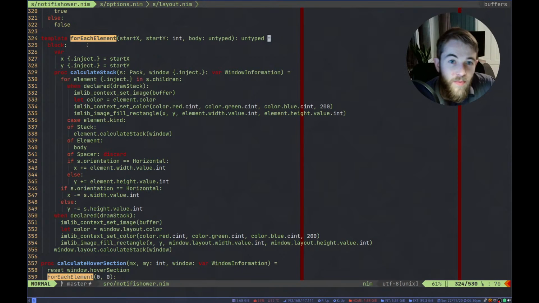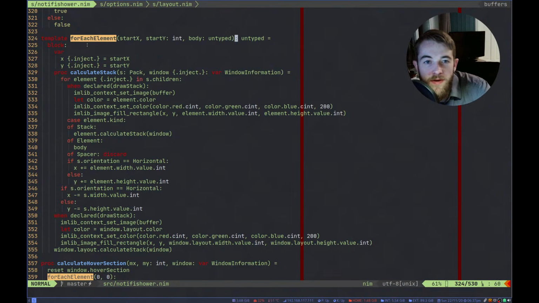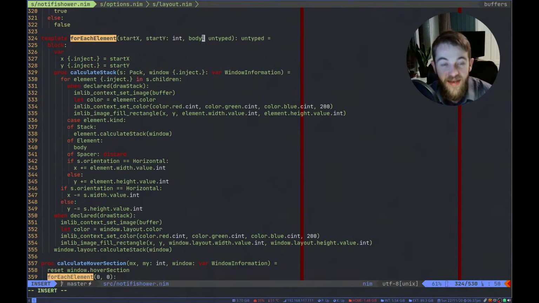I guess what we could do is pass in a separate body here for stuff we want to do with a stack. I mean, the for each element doesn't quite make sense anymore, but well, it does in our overloaded sense of the word element.